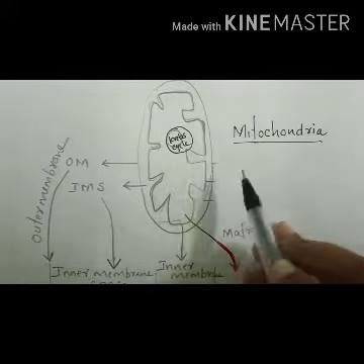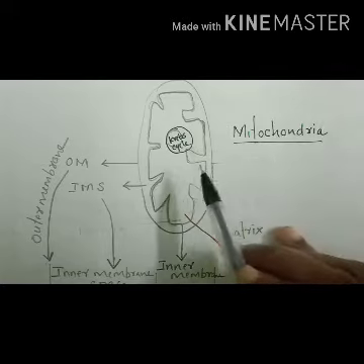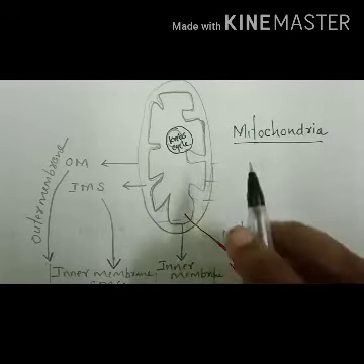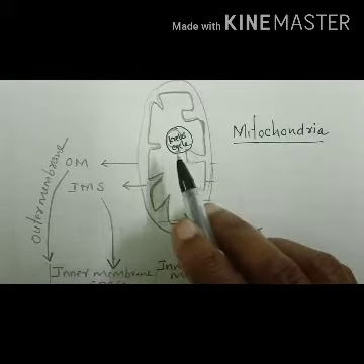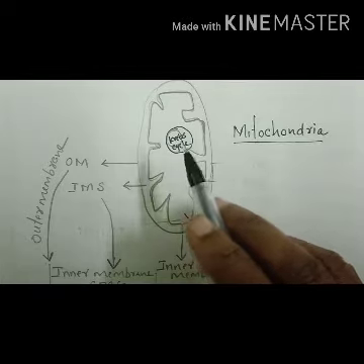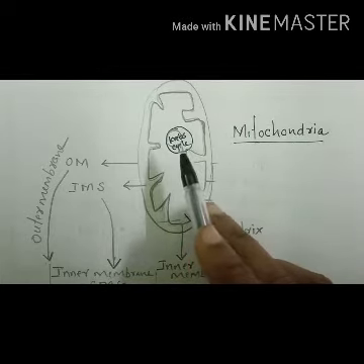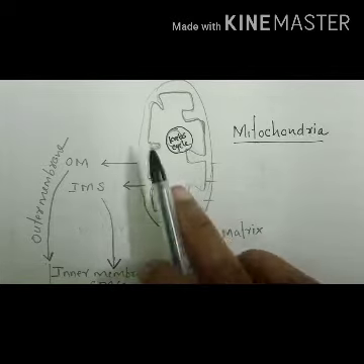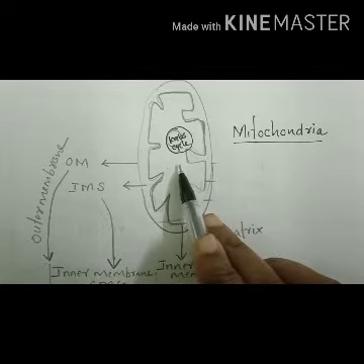Now look at this picture. This is a picture of mitochondria. Respiration is happening inside mitochondria and cytoplasm. Glycolysis occurs in cytoplasm and Krebs cycle can be seen inside mitochondria. Now we can see the energy which is formed, that is after Krebs cycle we can see the formation of NADH and FADH. All these products can be seen in this matrix portion. This portion is called a matrix.